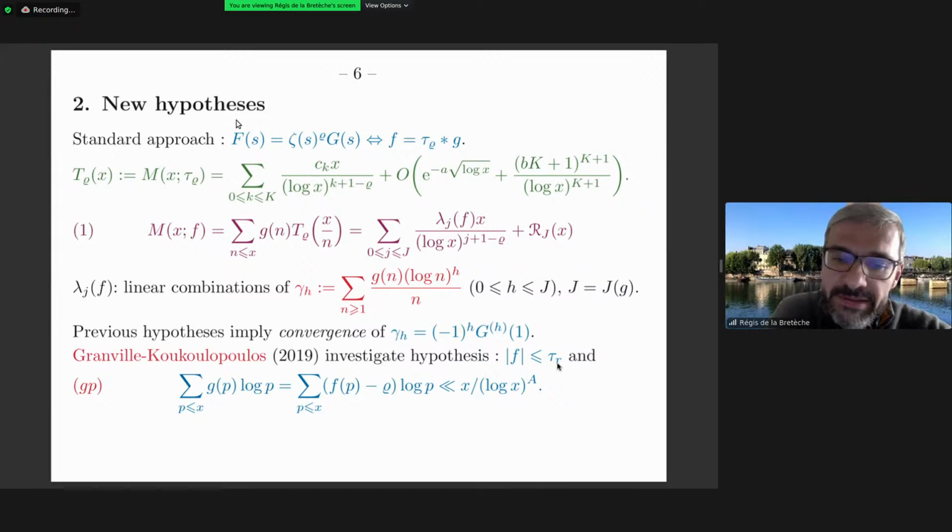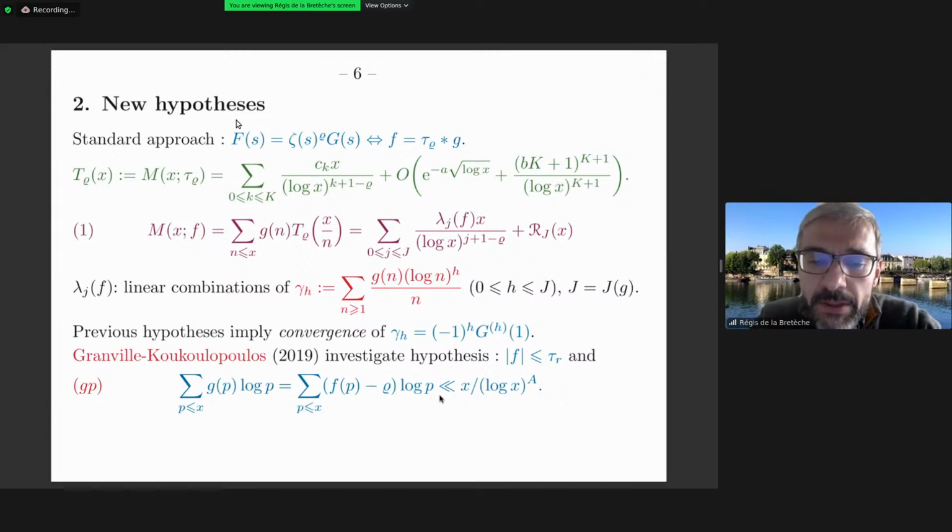And there is such a hypothesis. So it means that the mean value of f of p is close to rho, in the sense that the sum of g of p log p, which is the sum of f of p minus rho times log p, is less than x over log x power A. So A is a